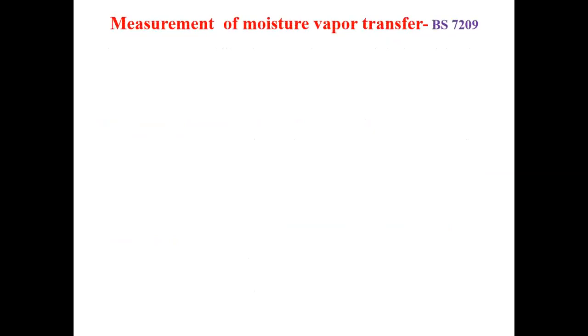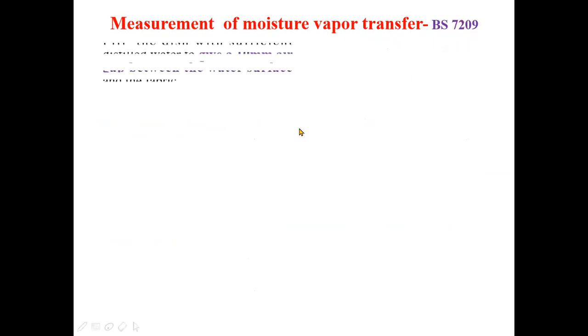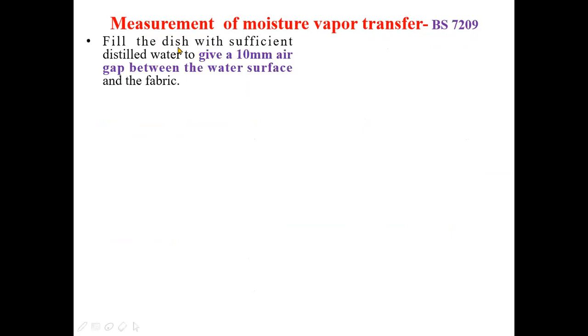Now, here we will discuss how the moisture vapor transfer of the fabric can be measured using this BS7209. Now, I will discuss this in a very simplified way. You have to take the dish. I will show the diagram, and sufficient distilled water to give a 10 millimeter air gap between the water surface